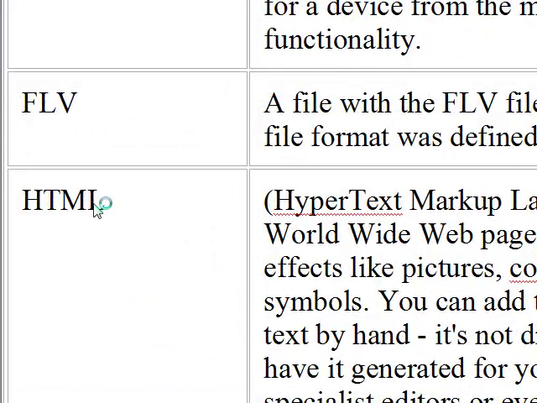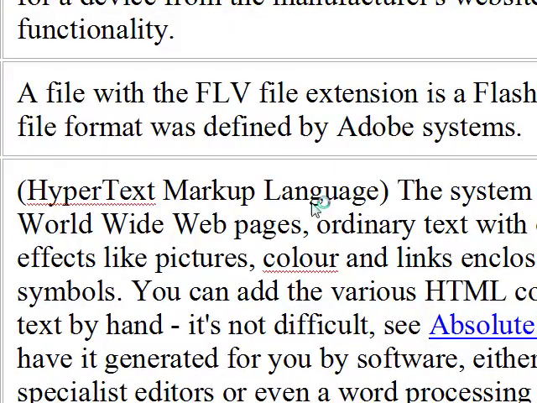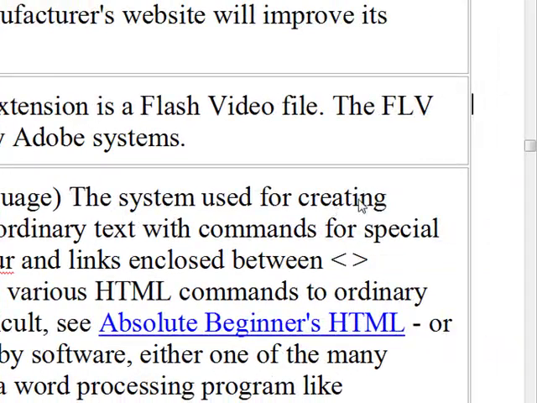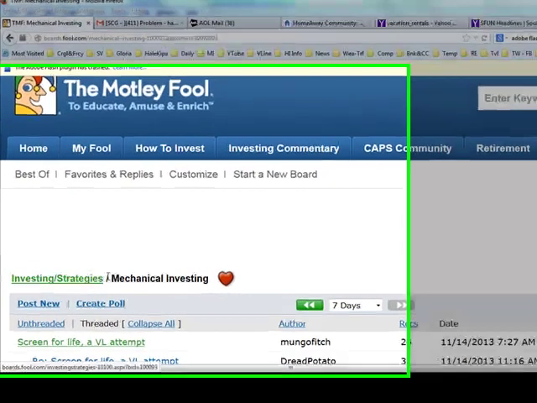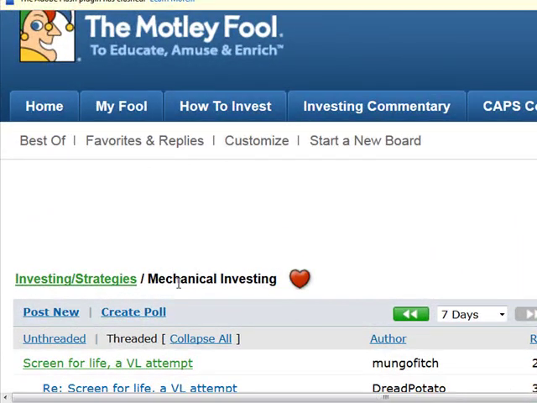HTML. HTML stands for Hypertext Markup Language. And that markup language is used for creating pages on the internet, on the web. The language really tells your browser what to do. Let me give you a specific example. Here is a page of messages on the mechanical investing discussion board of the Motley Fool.